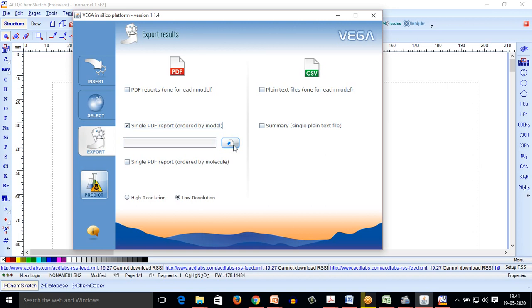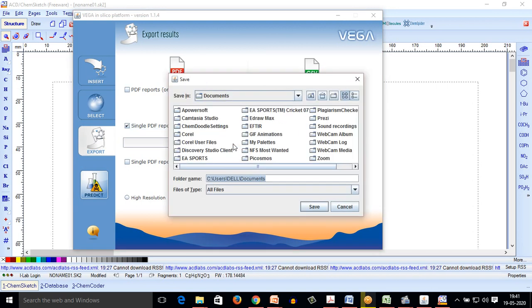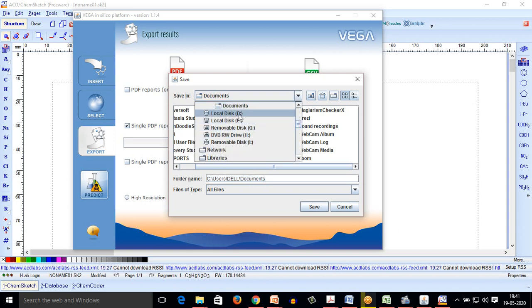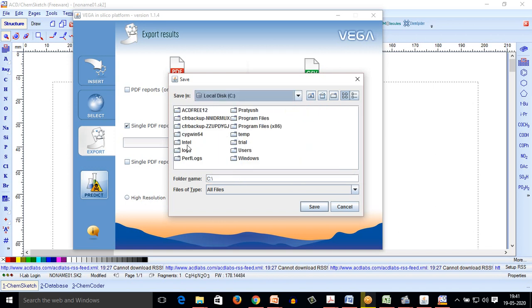So I will tick this. Now it is asking where I want to save this. So I will browse my folder where I desire it to be saved. I will just go to my C drive, trial folder.